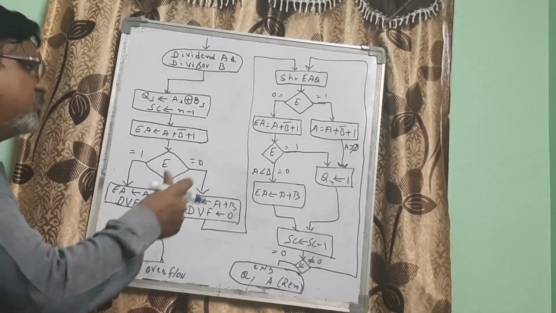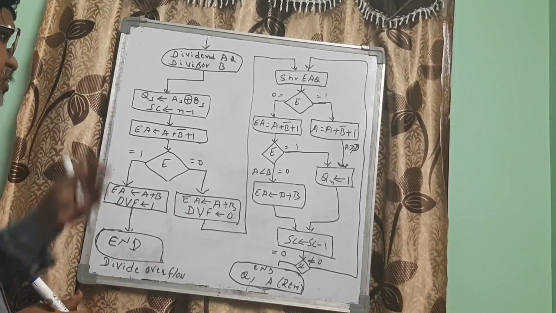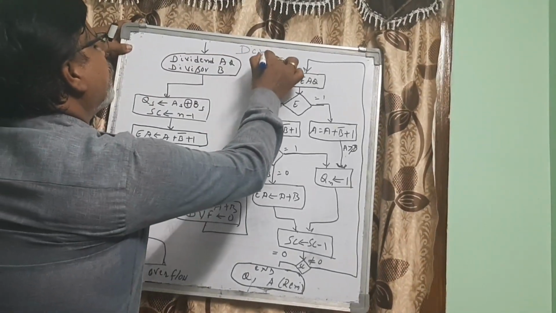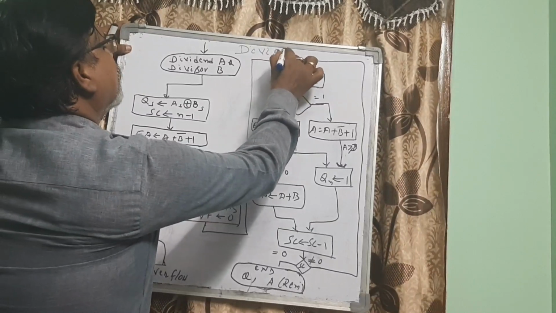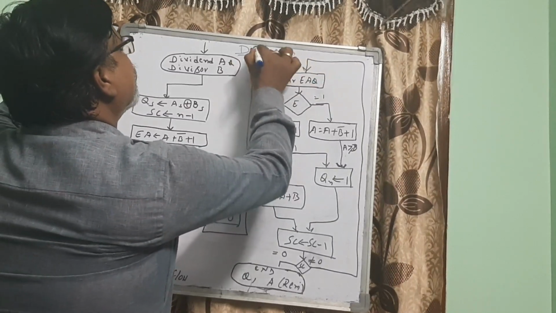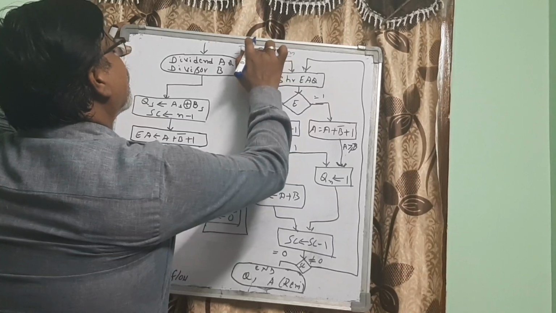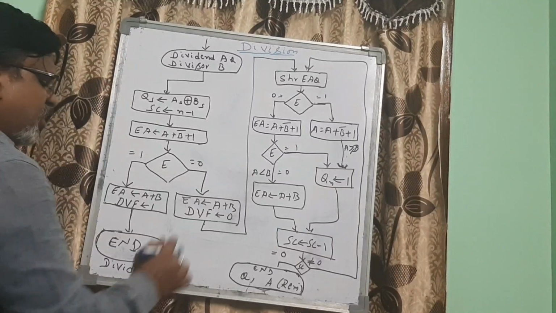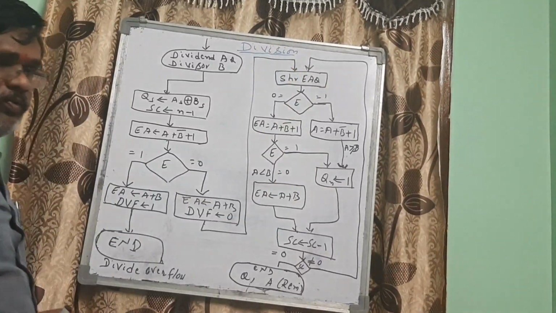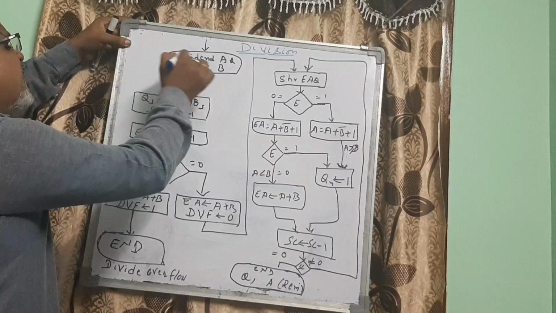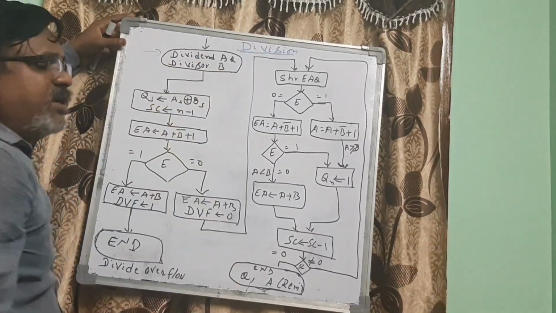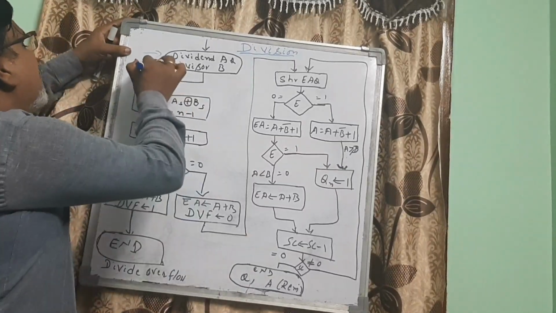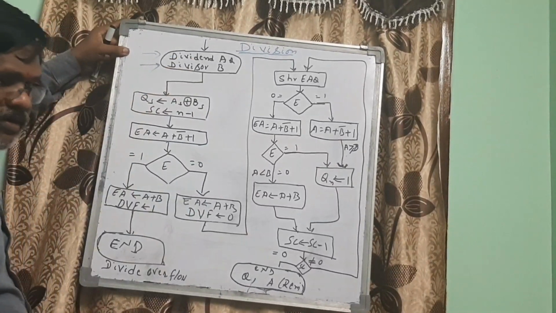Okay students, now let us see the flow chart drawn for the division operation. This flow chart contains 2 parts. Of course, it's a continuation flow chart. Here, as we have discussed, the dividend is in AQ. Initially, A values are 0, five zeros, and the divisor will be in D.